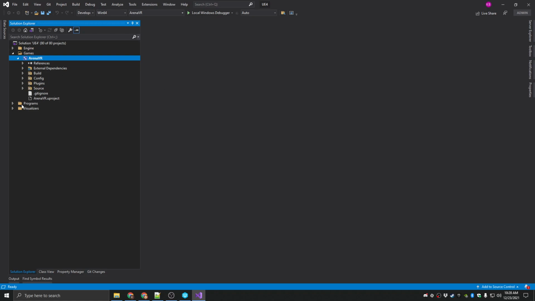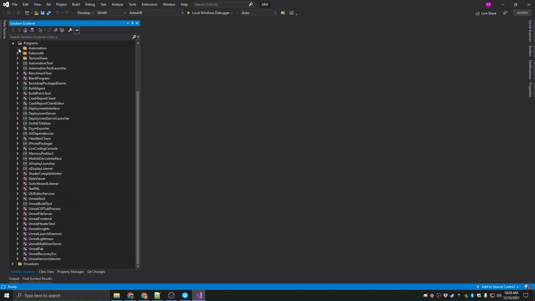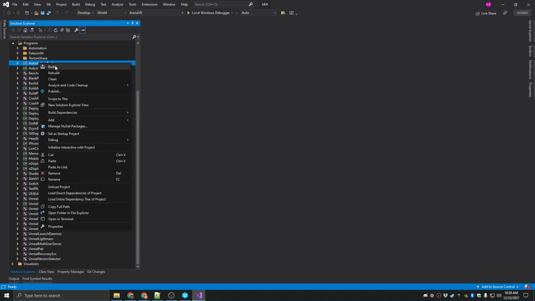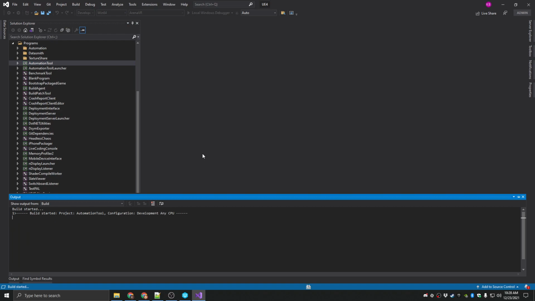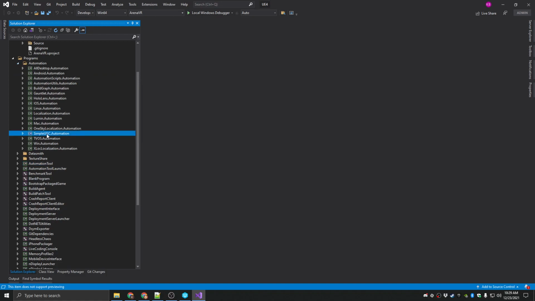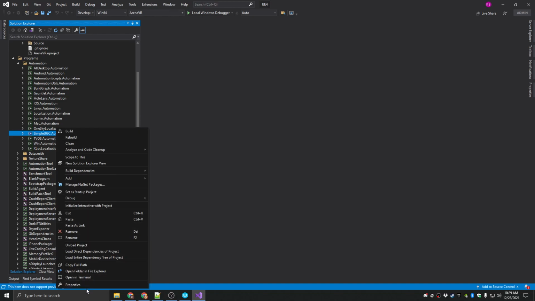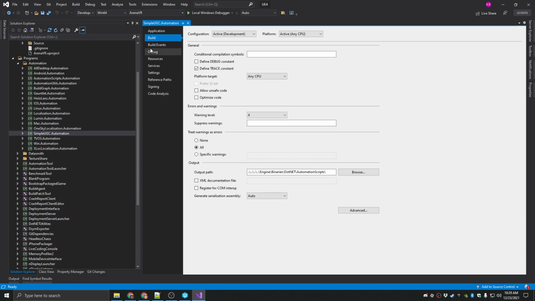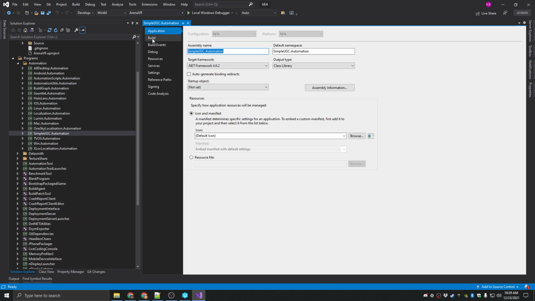So the next thing you want to do is under Programs, expand out Programs, and this AutomationTool, you want to right click and just build that. And then the next thing you want to do is under the Programs Automation folder, you want to look for this SimpleUGC.Automation tool. And then you want to right click that, go to Properties, and you'll be in this application tab. So go to this build tab,